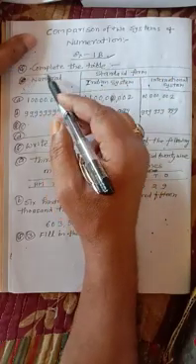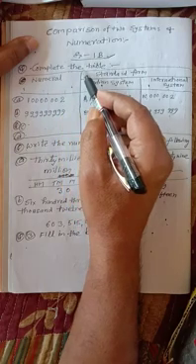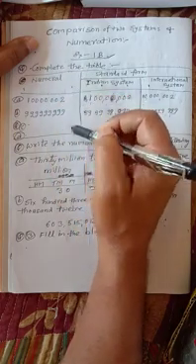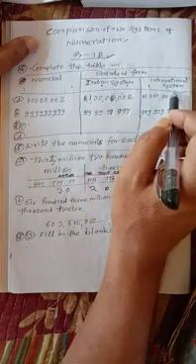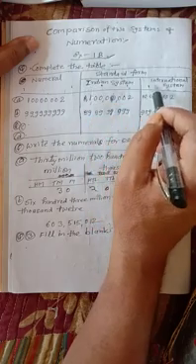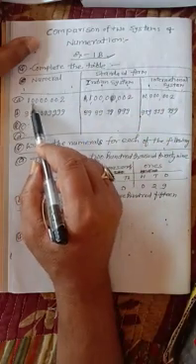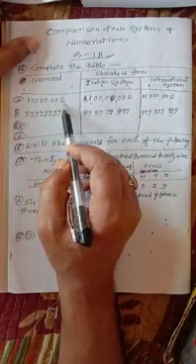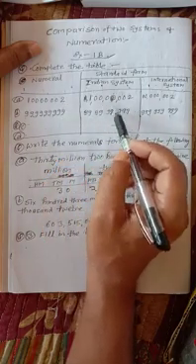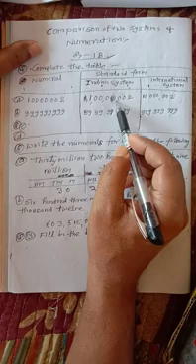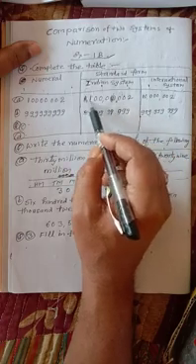Question number 1 says complete the table. Here these are the numerals and this is the standard form in both systems. This is the Indian system and this is the international system. The numeral is 10000002, and in the Indian system we group from the right: 3 digits, then groups of 2, and then 1.